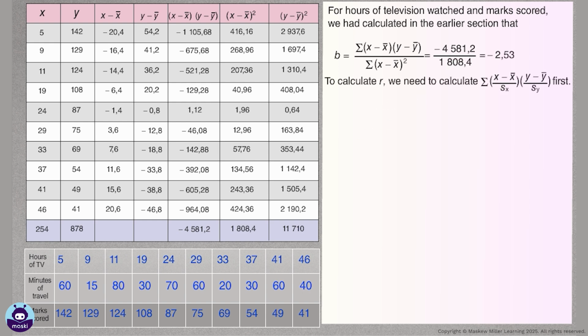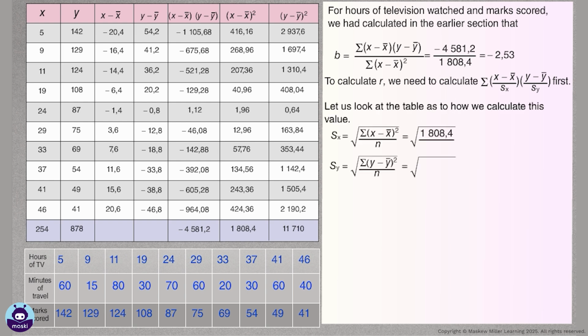To calculate R, we need to calculate the summation of (x minus x bar) all over Sx times (y minus y bar) all over Sy. First, let us look at the tables as to how we calculate. Now, R equals the summation of (x minus x bar) times (y minus y bar) all over n times Sx times Sy